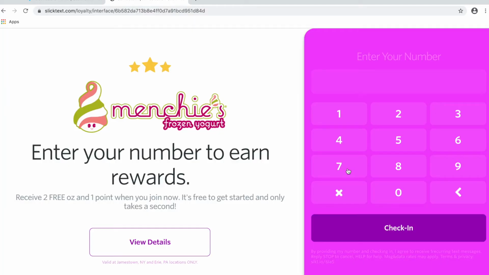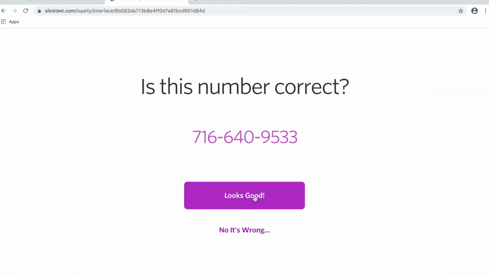This feature allows you to build a loyalty program based on check-ins. This is great if you have a brick and mortar location where customers come in, punch their phone number in on a tablet, earn a point for their visit, and repeat the process. So on the screen here, I'm going to show you how to put together this exact loyalty program. A customer comes in, they punch in their phone number, they hit check-in, and it will add them to the loyalty program. So now that you know a little bit about the loyalty program, let's go ahead and set one